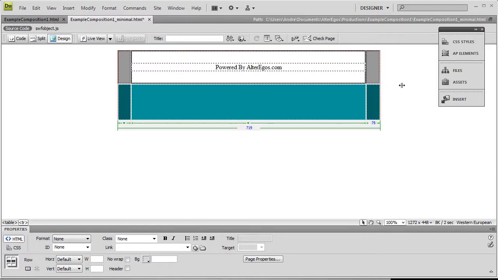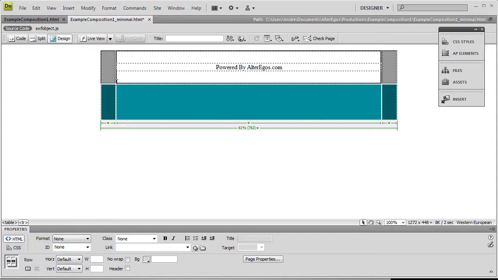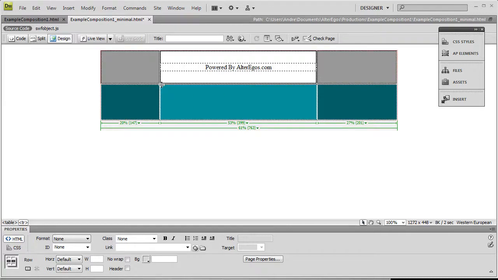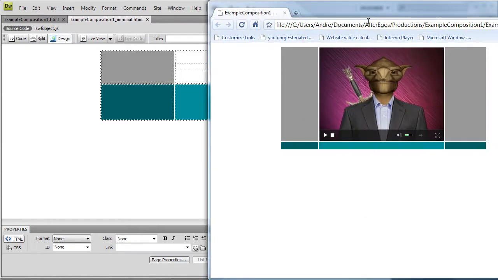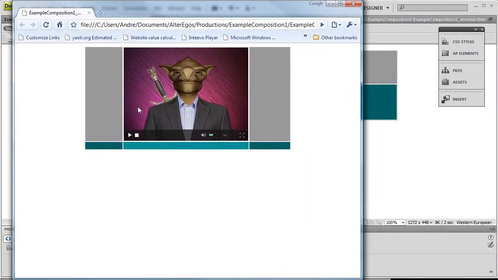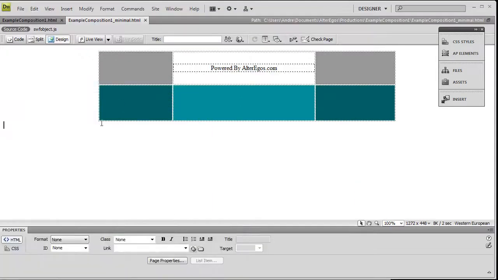Let's just make this a bit wider. Bring these in. Of course, you must realize that this is not a web design tutorial, just to give you an idea of how easy it is to actually move everything around and place it within the confines of your own designs. AlterEgo characters can increase your site traffic, click-through conversions, and